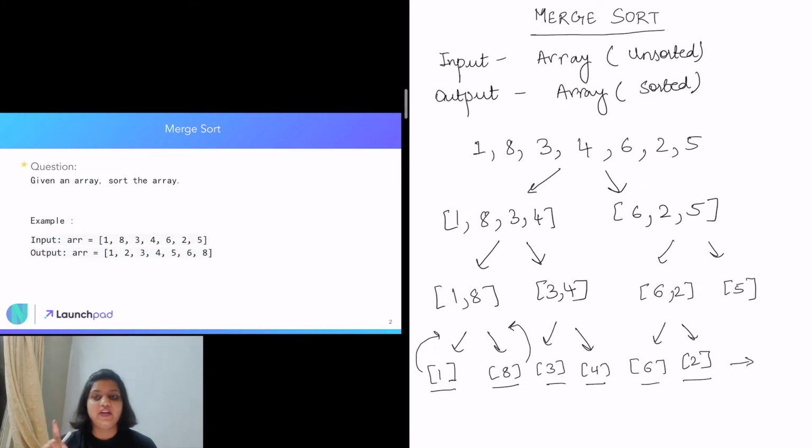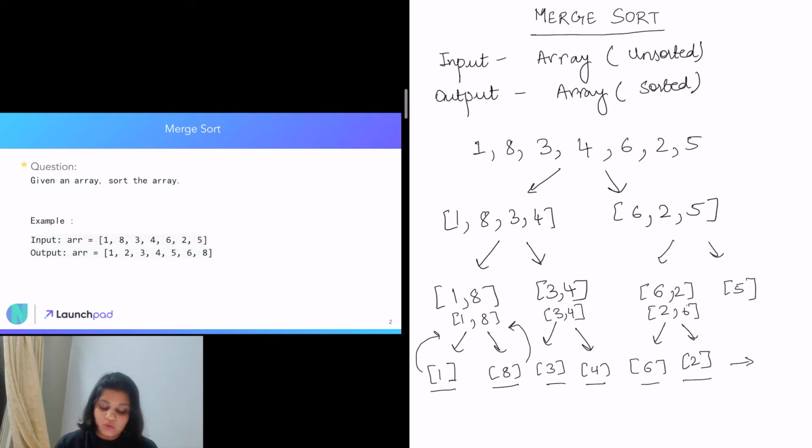I have explained the problem of merging two sorted arrays in my previous video, the link to which will be given in the description box as well as here. Once these two come, we need to merge them in a sorted manner. So when we go back, this will be 1 and 8 here, 3 and 4 here, and 2 and 6 here.